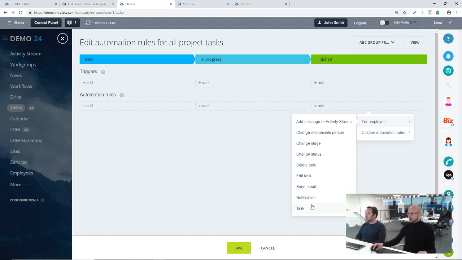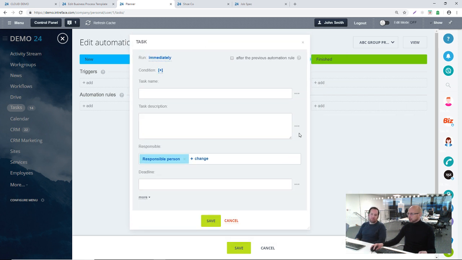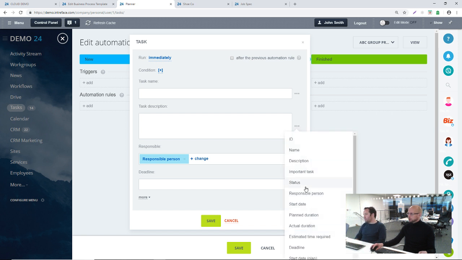Send an email, or send a notification, would be a common thing to do when a task is complete, to notify somebody. Create another task. So use this form to create a task. Guessing you can pull some information in from the original task. You will be able to. So I could pull in, let's say, the description from this task into the new task if I want to